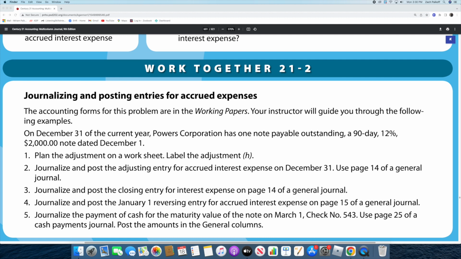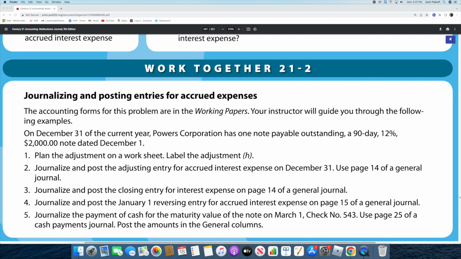Number 2. Journalize and post the adjusting entry for accrued interest expense on December 31st. Use page 14 of a general journal. Number 3. Journalize and post the closing entry for interest expense on page 14 of a general journal. Number 4. Journalize and post the January 1st reversing entry for accrued interest expense on page 15 of a general journal. And for number 5, journalize the payment of cash for the maturity value of the note on March 1st,